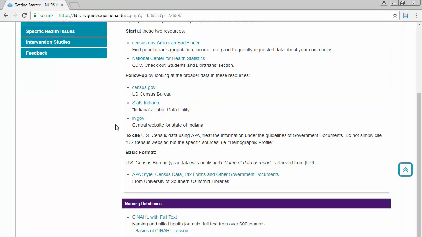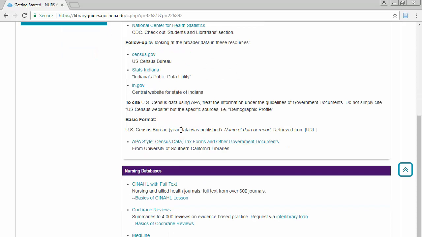The other piece I want to point out in this area is the citation information. So to cite U.S. Census data using APA, you'll want to do what's called government documents. And there are guidelines both on Purdue OWL and elsewhere on how to do that. I've included the basic format below. We always say U.S. Census Bureau as the author, the year the data was published, the name of the data or report. So for example, selected economic characteristics, employment, commute, occupation, income, poverty. You'd have the name of that report, and then you'd say retrieved from, and then copy and paste that URL